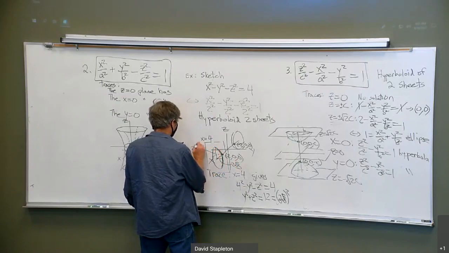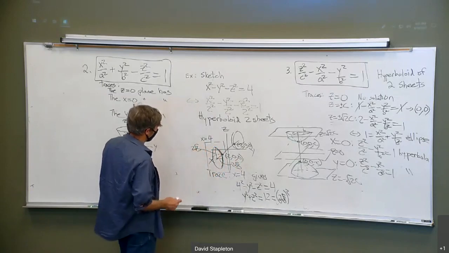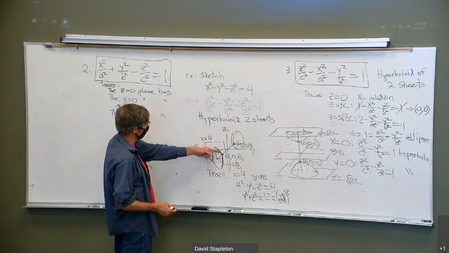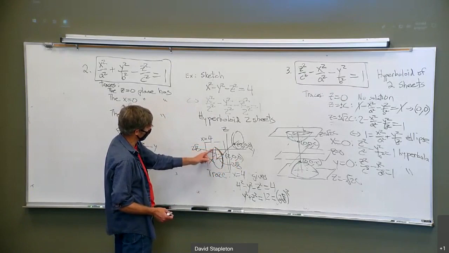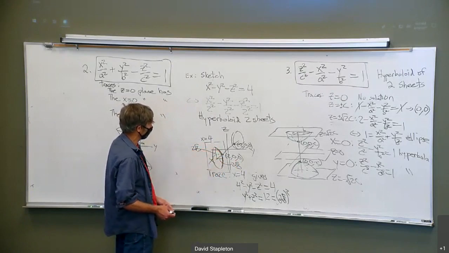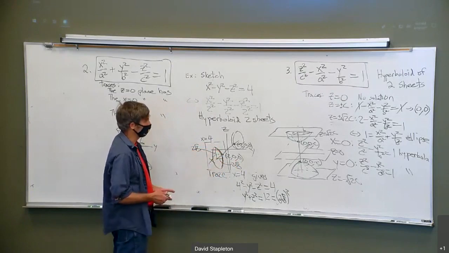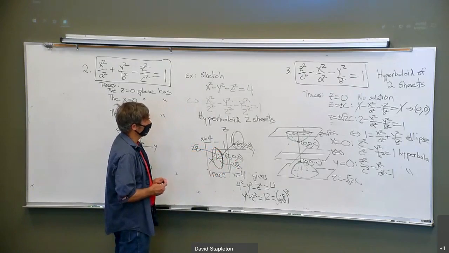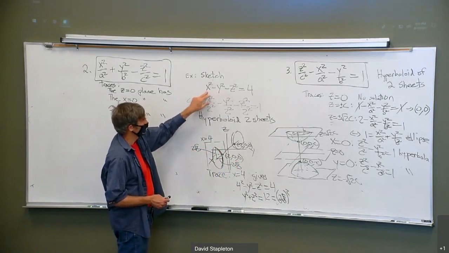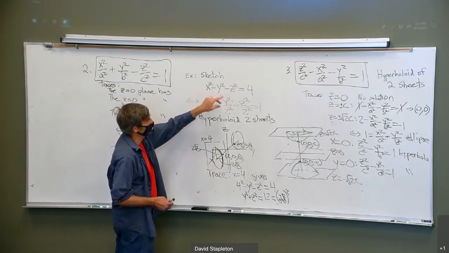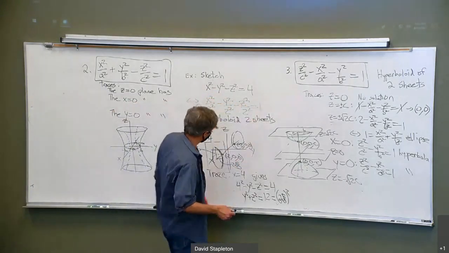2 square root 3. So now you put a little teeth into it. At x equals 2, it just touches the x-axis there. At x equals 4, twice as far out, you get this circle of radius 2 squared. So that's how you tend to draw these things: remember the standard equation, rotate it according to which variable comes first in this equation, and then plot a